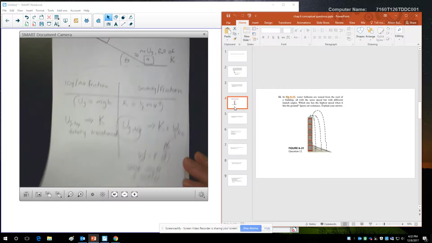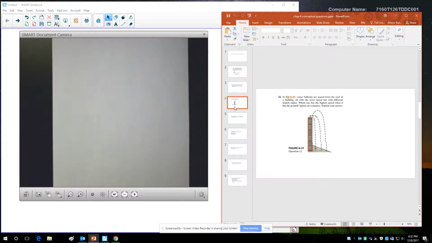Next, number 12. Water balloons are tossed from the roof of a building, all with the same speed but with different launch angles. Which one has the highest speed when it hits the ground? Ignore air resistance and explain your answer. So in this case, we're going to think through this using conservation of energy again. Even though we've really only hinted at conservation of energy, I think it's such